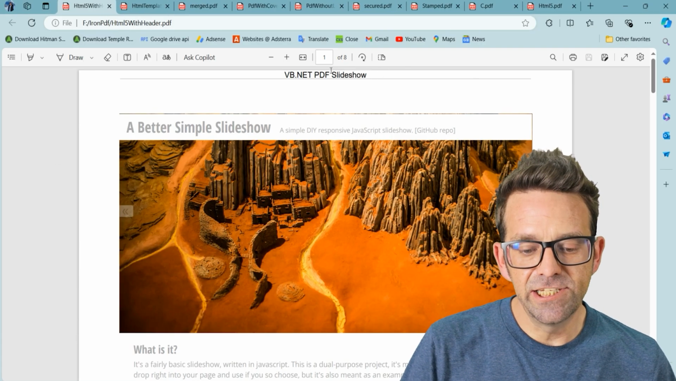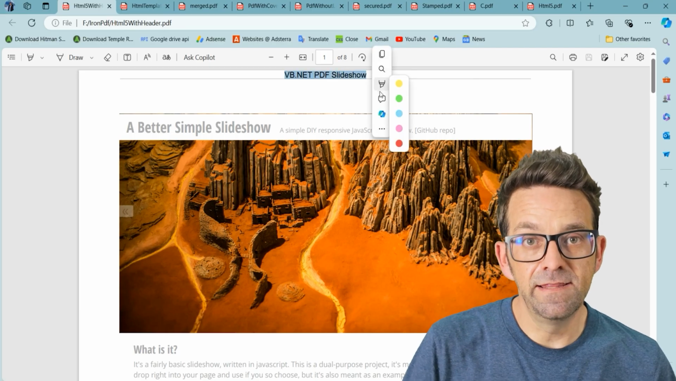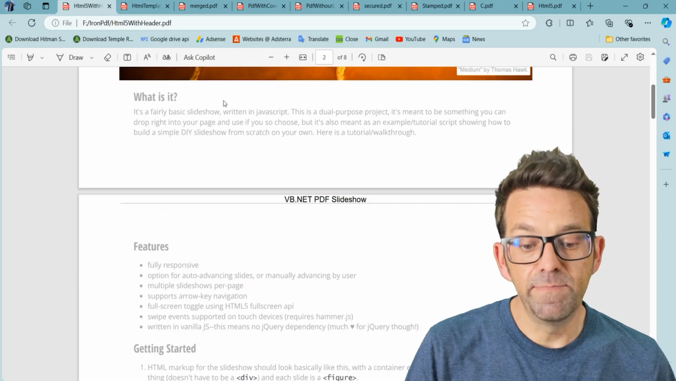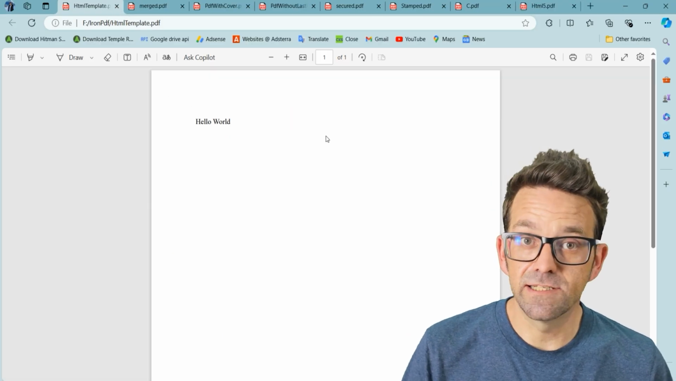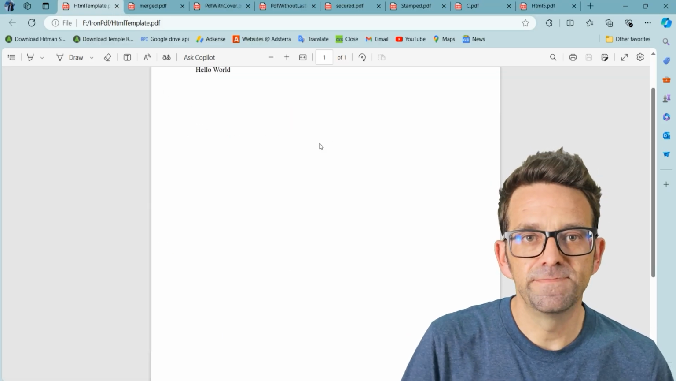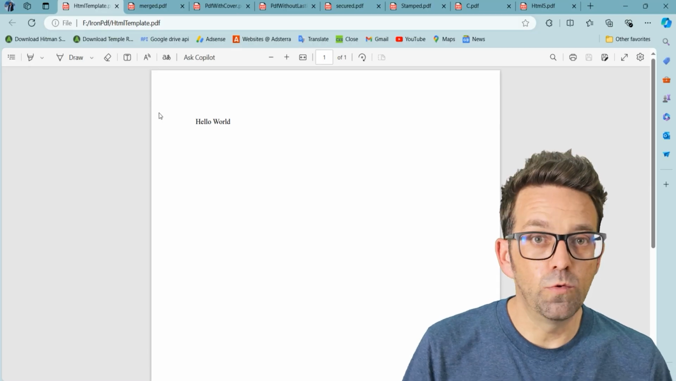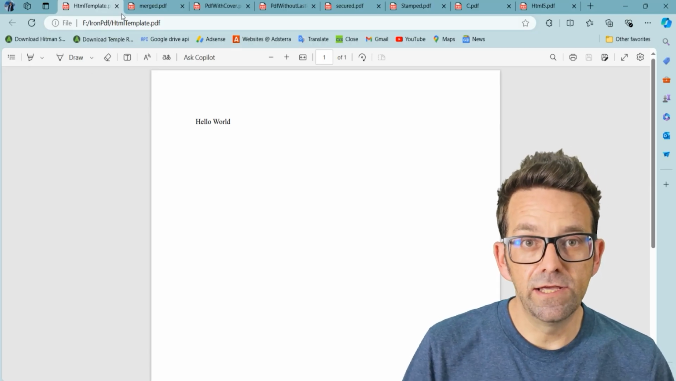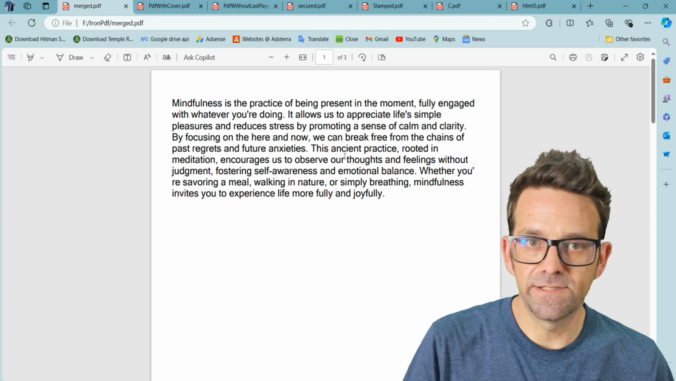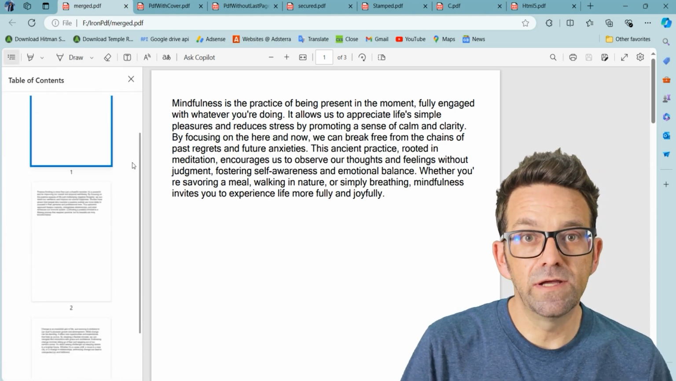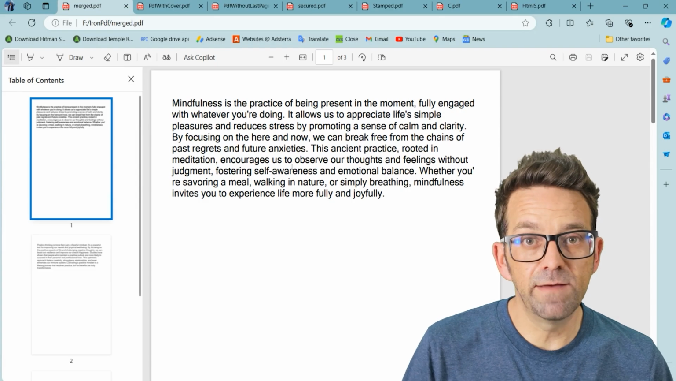This one is HTML5 with header. See the VB.NET PDF slideshow at the top and the page numbers at the bottom. That's our custom header and footer in action. HTML template.pdf is next. It's just a simple hello world document, but it shows how we can use templates to generate PDFs. Here's merge.pdf, and this is what we get when we combine our A, B, and C sample PDFs